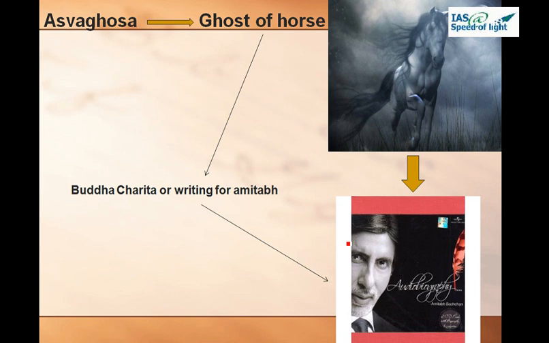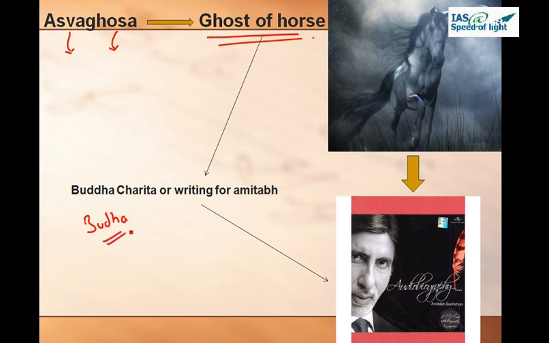Ashvaghosha. Ashva means horse and Ghosha becomes ghost, right? Ashva, horse, Ghosha becomes ghost. So ghost of a horse, right? He wrote Buddha Charitra, right? Now, our image for Buddha,